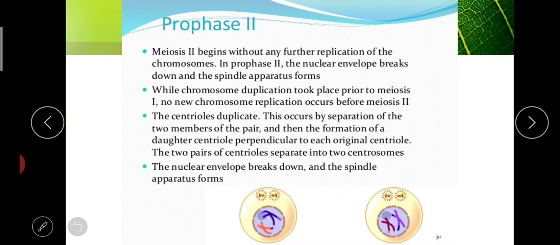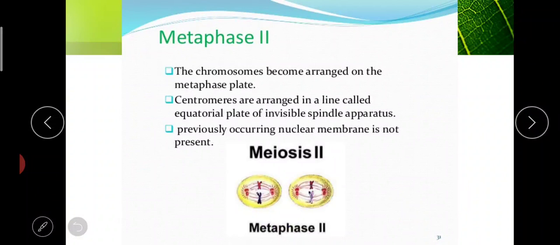So in prophase 2 what happens is the centriole will first divide into two. Centriole means these two small dots, we call it as centriole. First they will divide into two. Okay, and then asters and spindle fibers will start to appear, and the nucleus and nuclear membrane will disappear. So this is what happens in all the prophase. And in metaphase what happens? They will be arranging in the equator. You can see here they are arranged in the equator.